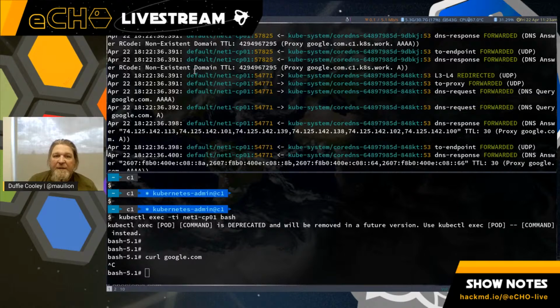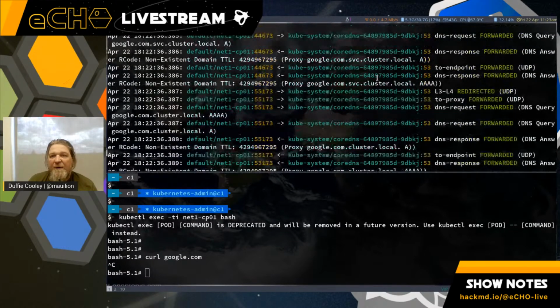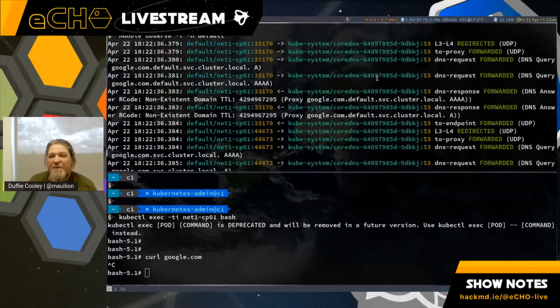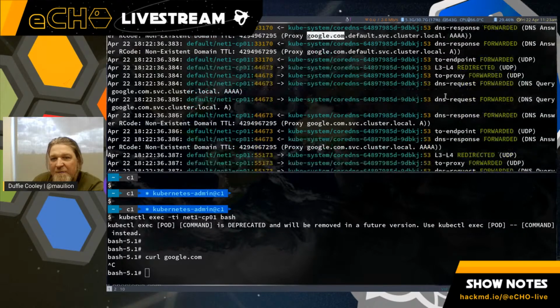We're also seeing the request, and we're seeing that request across a variety of different subdomains. This is just the way that DNS works, and it's kind of frustrating, but this is just how it happens. Because of the search path, because of the default configuration of the resolv.conf in a pod, it's actually going to walk the entire search path and try to resolve the query that I have. My query was google.com. So the first one it's going to try is google.com.default.service.cluster.local.